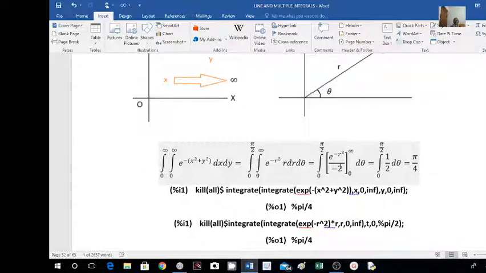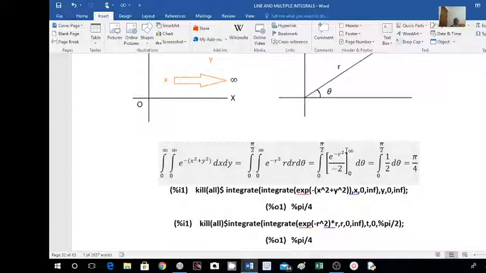Here t is r square, divided by the 2 that I have from r dr equal to 1 by 2 into dt. And this minus sign comes after integration. So I get e raised to minus r square divided by minus 2, between 0 and infinity. Now if I put the upper limit infinity, what do I get? E to the power of minus infinity, which means 1 by e raised to infinity. What is e raised to infinity? It is infinity. So I get 1 by infinity, which is nothing but 0. So that is the upper limit.